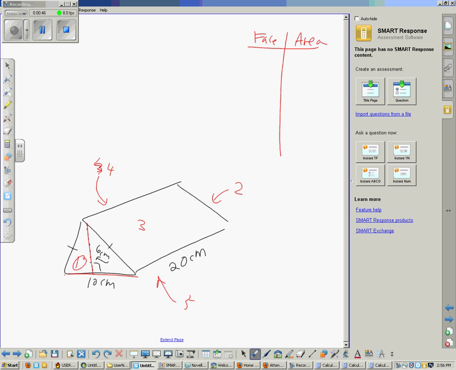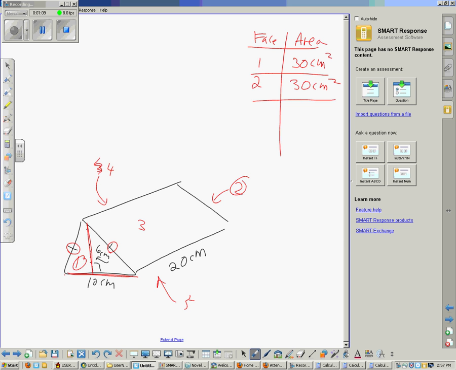Now this happens to be a fairly easy triangle because it's an isosceles triangle, where 2 sides are the same length and the base is a different length, which is 10. So we're just going to do 10 times 6, which is 60, divided by 2, which gives us 30 square centimeters. That's face 1. And since face 2 over here is identical, it also has a surface area of 30